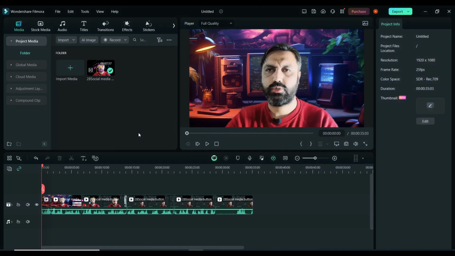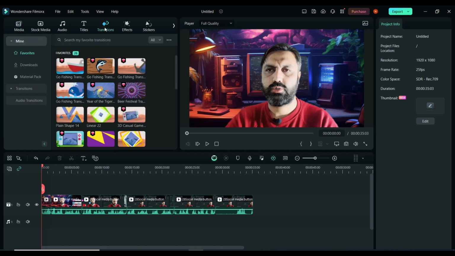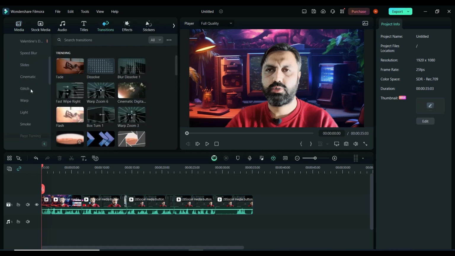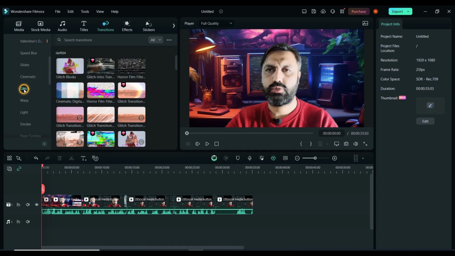Hello student, in this video we talk about how to use the glitch transition in Filmora 12 and 13, right? So open your transitions, and in transition go to the transition list, and in the list you search for the glitch transition,